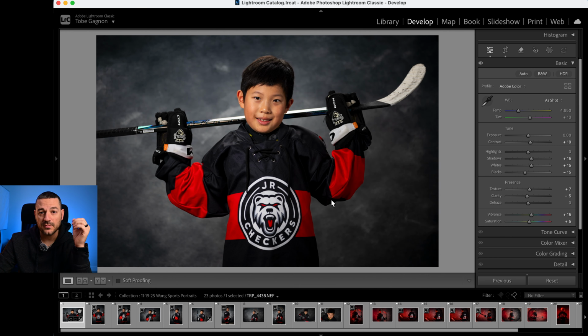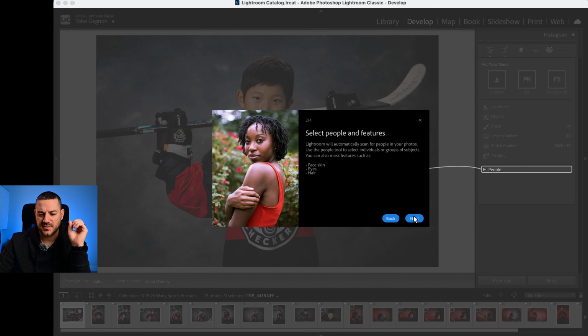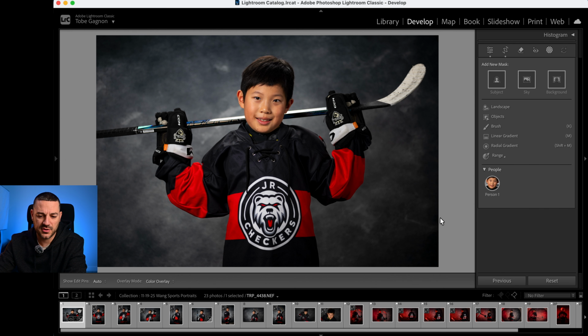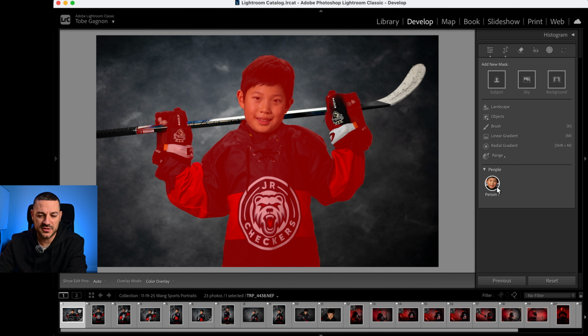So now if I check off of that, you can see how much of a difference that is in the crop. From this point, what I would do is I would add a mask. Yes, I know how to use masks. Thank you. I would use a mask and I would choose people and I would choose him. There is another option, which is subject. Now, it becomes a little tricky with some sports or some masks if you're trying to choose a person, but in this case, he's obviously holding a stick. So if I hover over person, it'll show me what it's going to do, but I don't want that. If I hover over the subject,